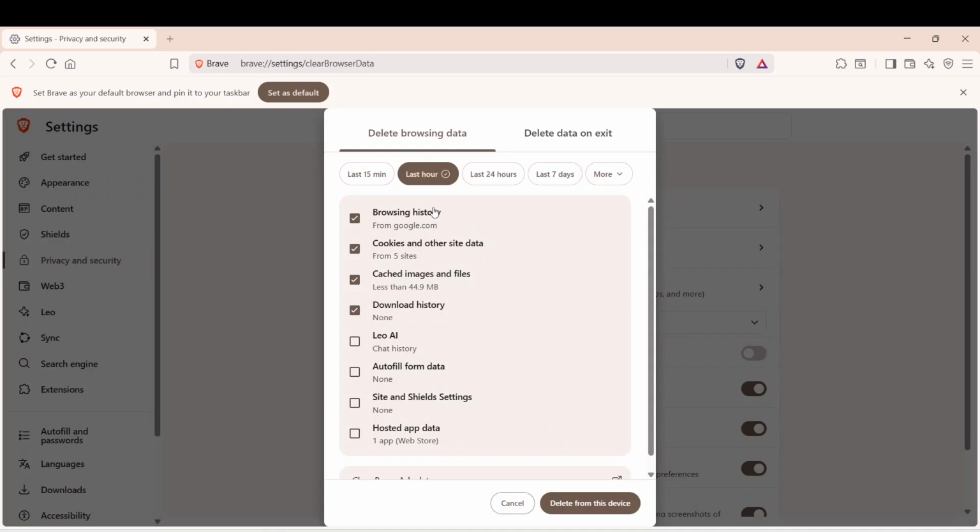At this point, you'll see a list of different types of data you can choose to clear. Select History from that list. You can also choose the range of time for which you want to clear your history. This flexibility is important because it allows you to either clear your entire history or just the recent past, depending